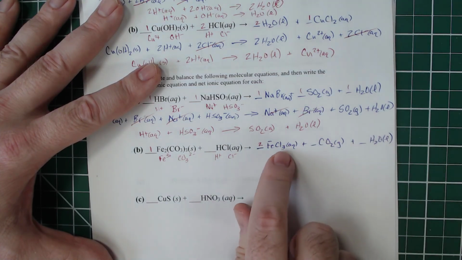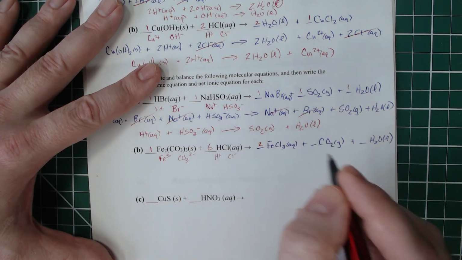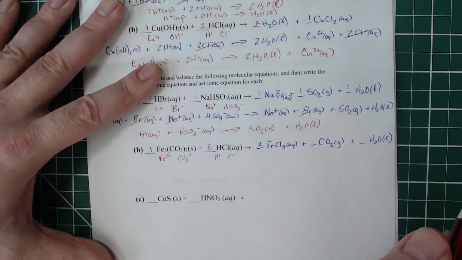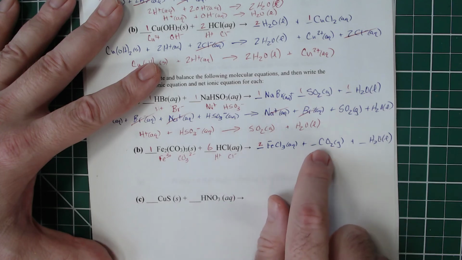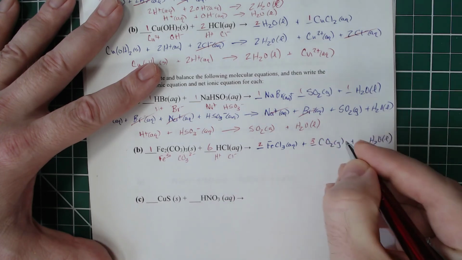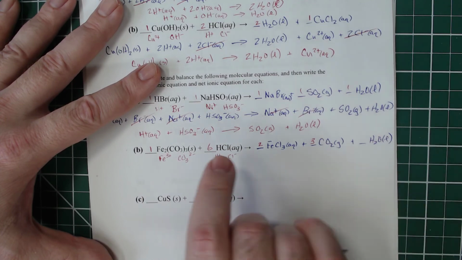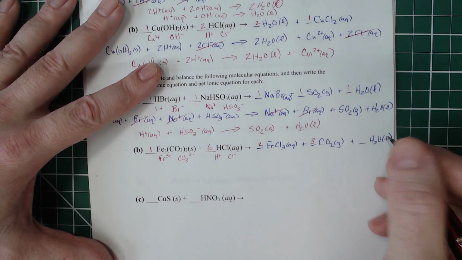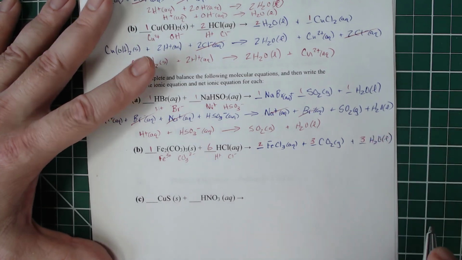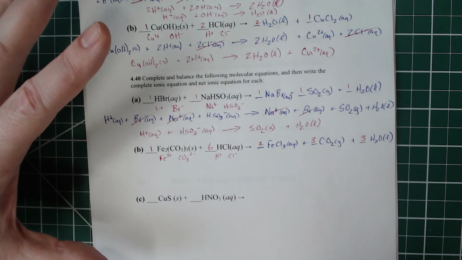Next, let's look at chlorine. With chlorine, we've got 2 times 3, so that's 6. We'll put a 6 in front of the HCl. Our next biggest element is carbon. We've got 1 times 3 times 1, so that's 3 carbons, so we'll have 3 carbon dioxides. In a similar fashion, let's do hydrogen. We've got 6 hydrogens here, and to get 6 hydrogens here, we will need a 3 in front of the water. If you go through and count up the oxygens, you'll see that they are balanced as well.